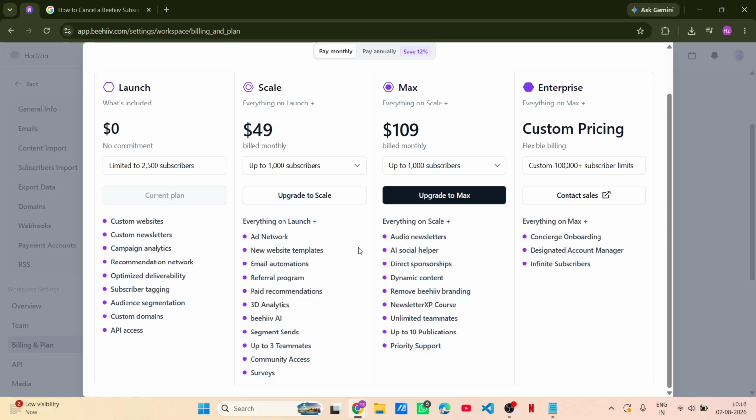When you click on this option, a new screen will appear where you will be presented with information regarding your subscription, like your current plan, next billing date, and the total amount you pay. At this point, you may be prompted to provide feedback on your experience with Beehiiv. While this step is usually optional, it could help the company understand why you're choosing to cancel. Feel free to share your thoughts if you wish, but if you're just looking to cancel quickly, you can usually